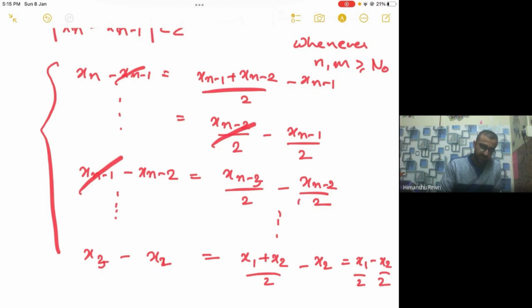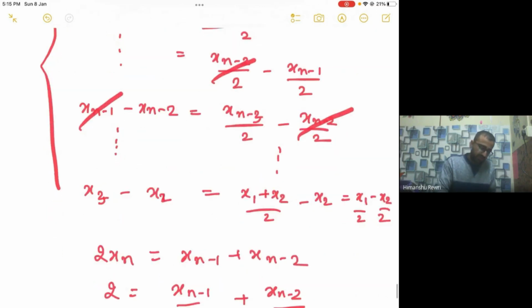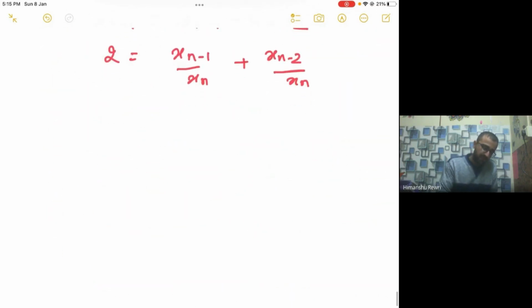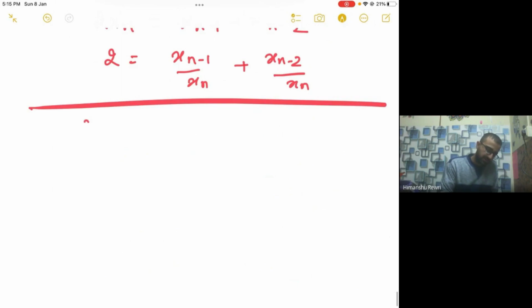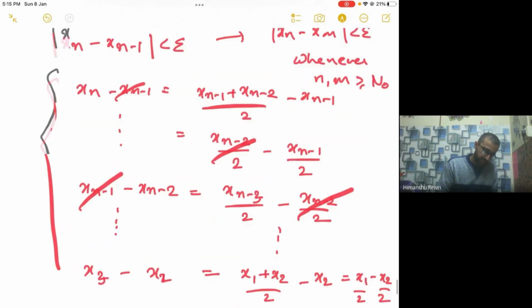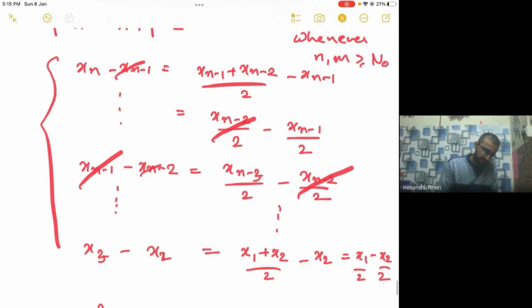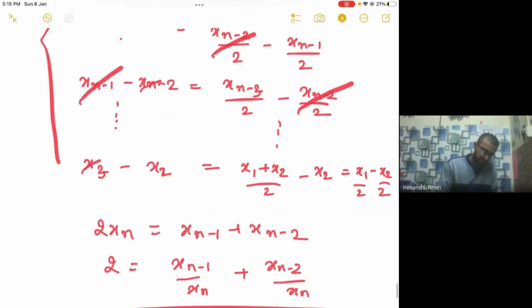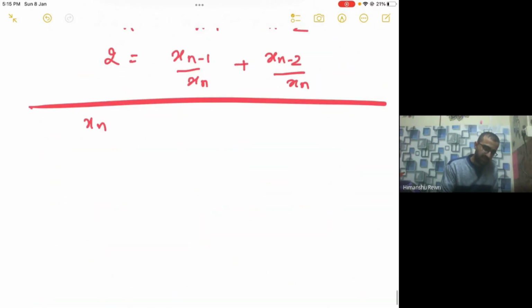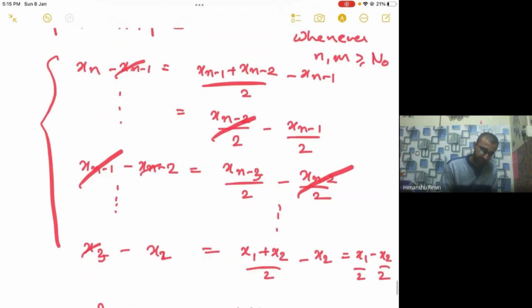This will cancel out. So what will we have? We will have this xn, this all will cancel out. We will have xn minus x2 is the same as,